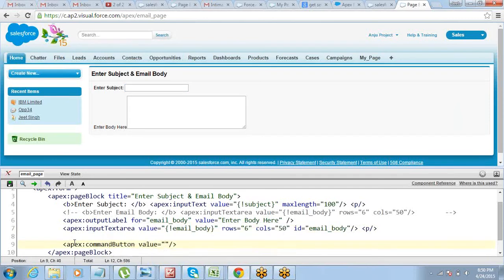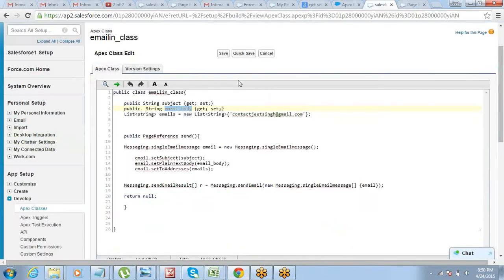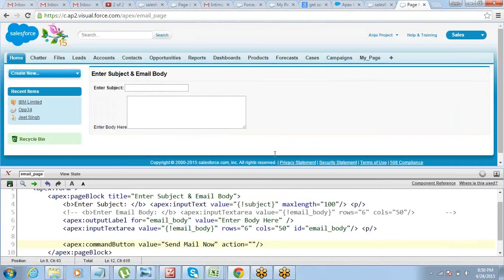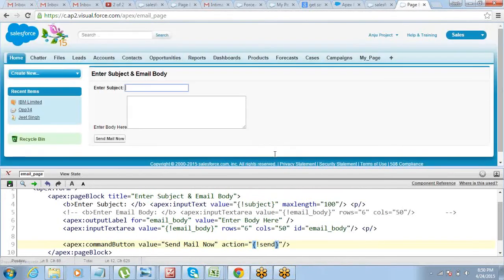Value, send mail now, whatever. Action will be the page reference method, send. That's it.